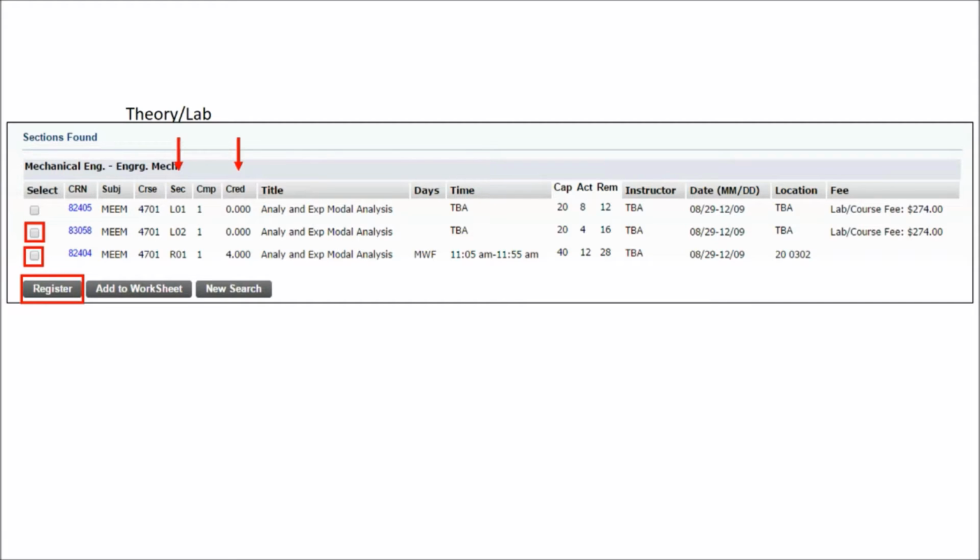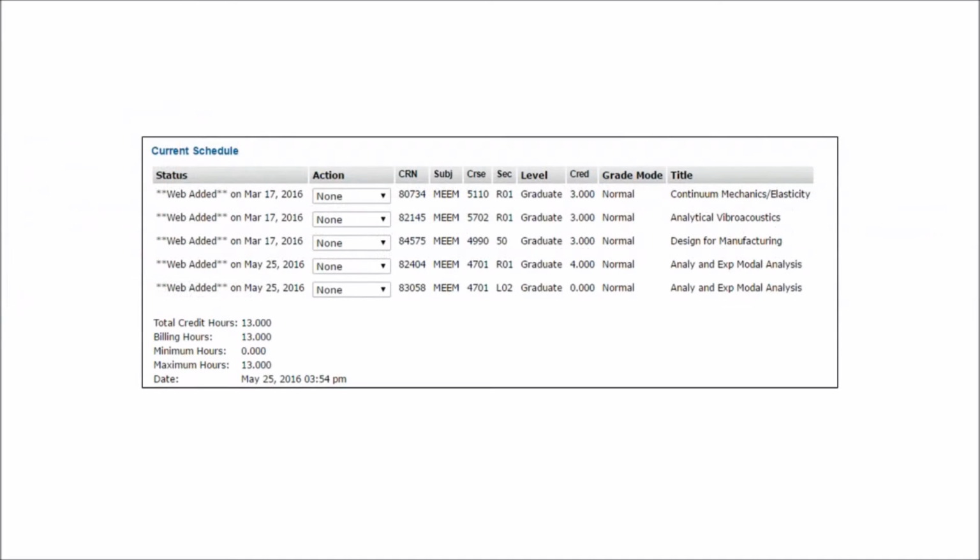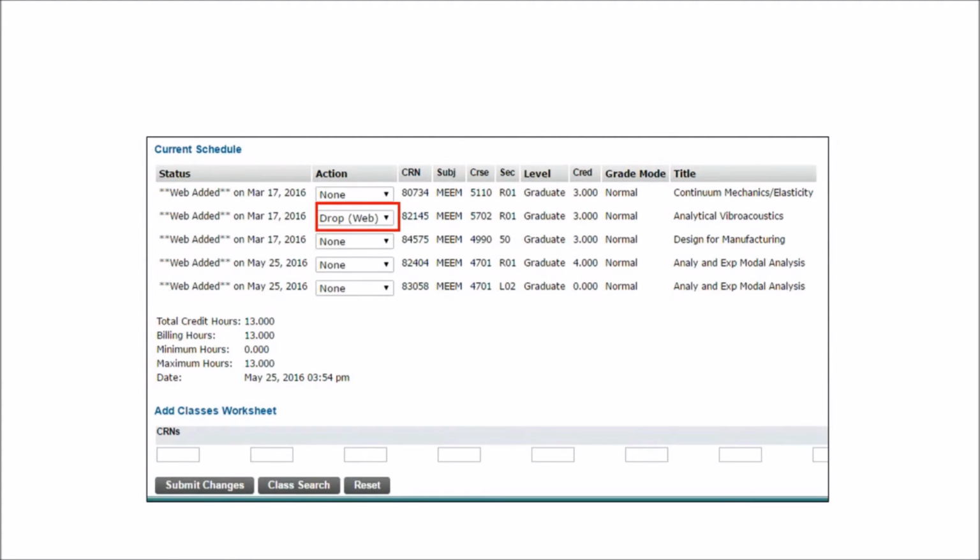Days and time column will help you to understand how your weekly schedule is going to be like and when you can manage your other activities like projects, extracurriculars, and campus jobs. Tick the checkboxes in front of the course number you wish to choose and click on Register button. That should take you to the list of courses you have already registered for. From this list, you can even drop a course just by selecting Drop.